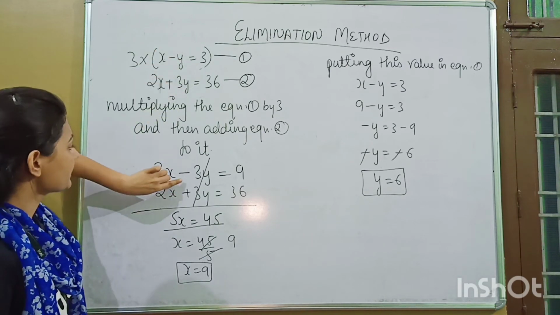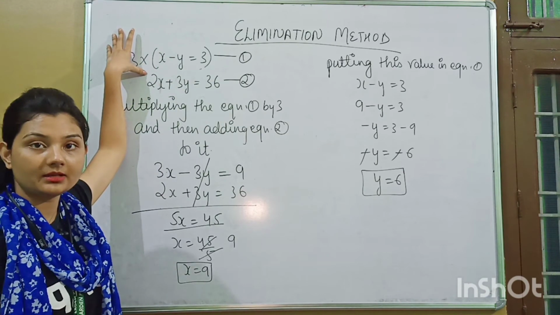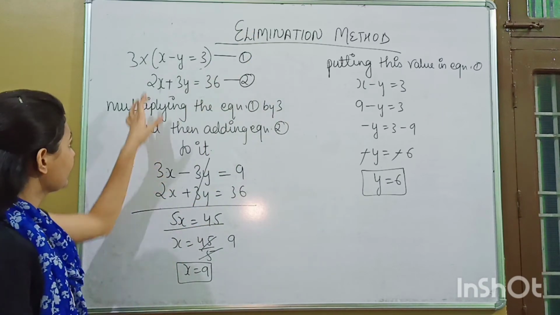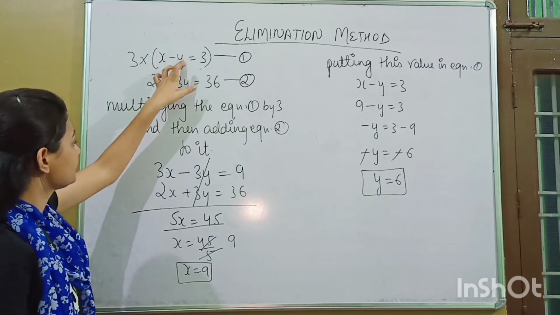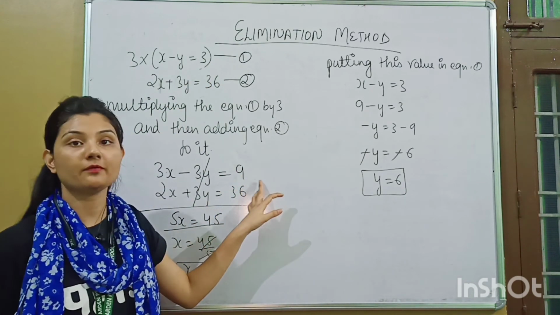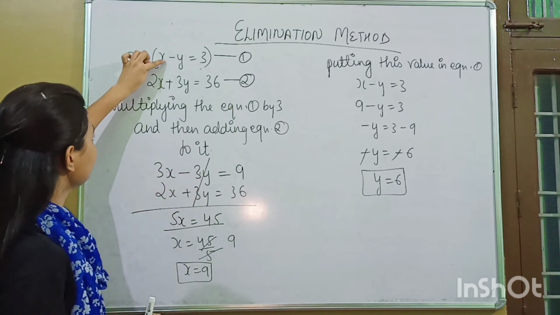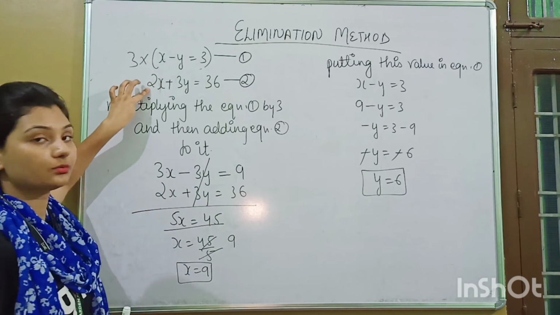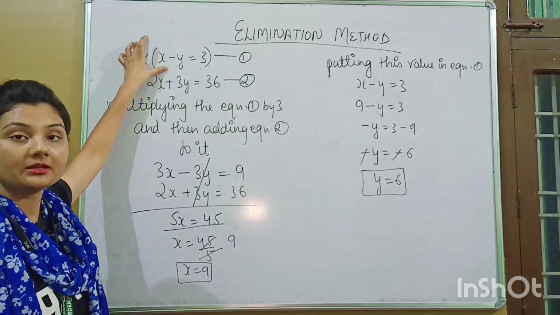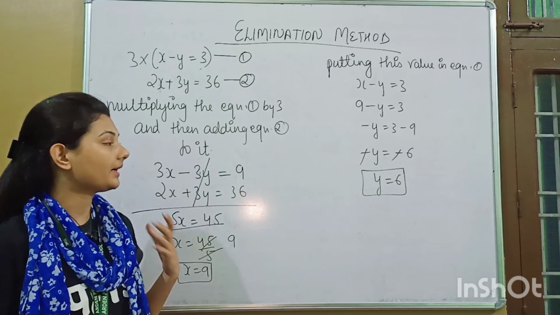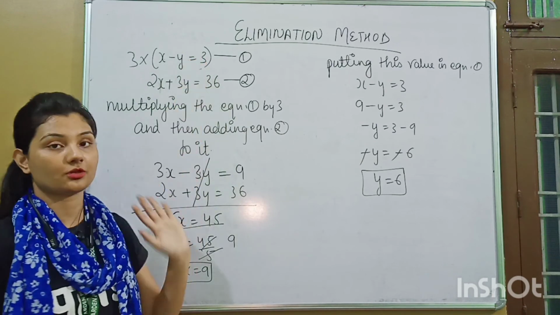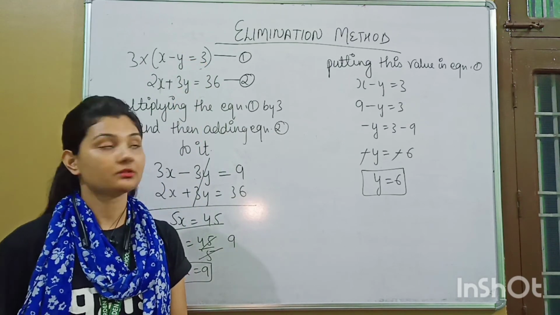That is 3x minus 3y. And then you will multiply the equation by the number, so each and every member of that equation should be multiplied. Like here also 3 into x is 3x, minus 3 into y is 3y, and 3 into 3 is 9. Now if you want to remove x from here, the coefficient of x is 1 and here the coefficient of x is 2. So what you will do, you will multiply equation 1 by 2 to make the coefficient of x equal. But in that case you don't have to add the equations, you have to subtract the equations. Okay, I hope you have understood the elimination method.